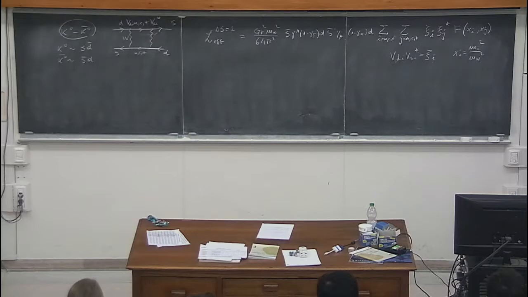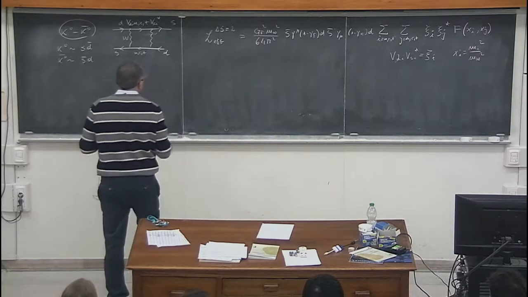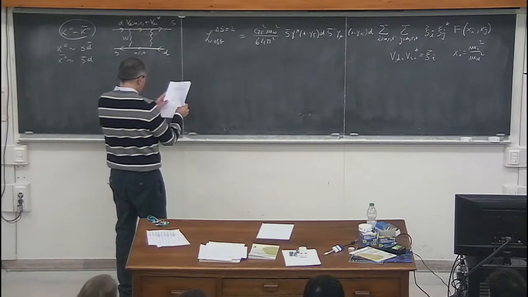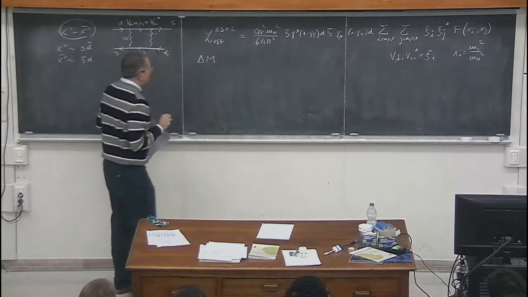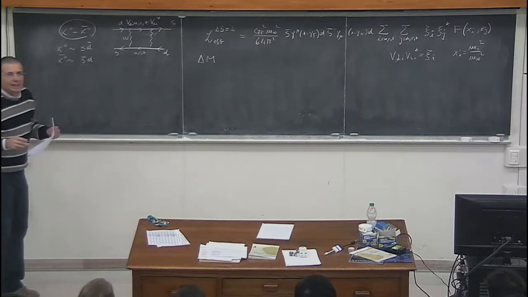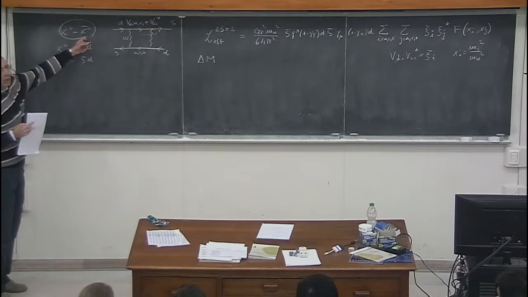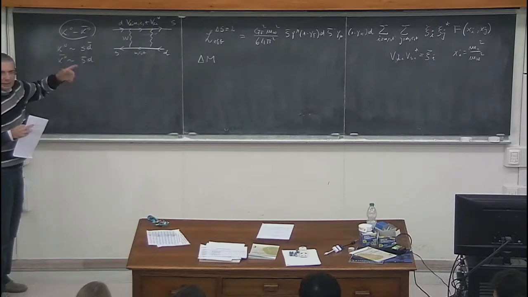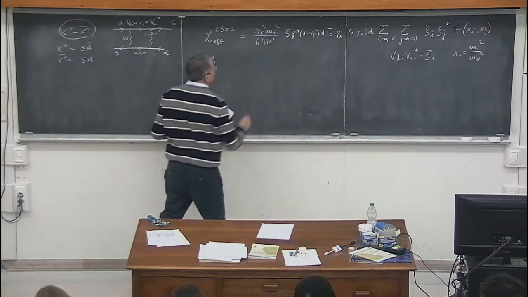So the point is that the mass difference between the two mass eigenstates in the K0, K0 bar system, K0 and K0 bar are not themselves mass eigenstates. The mixing matrix must be diagonalized, and the mass difference is proportional to the matrix element of these effective Lagrangians. It is twice the absolute value of M12, where M12